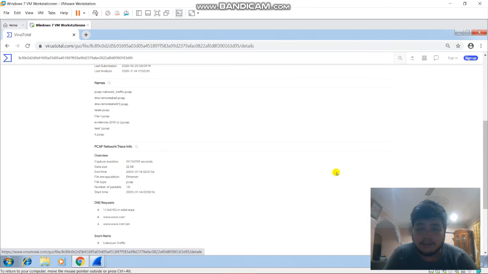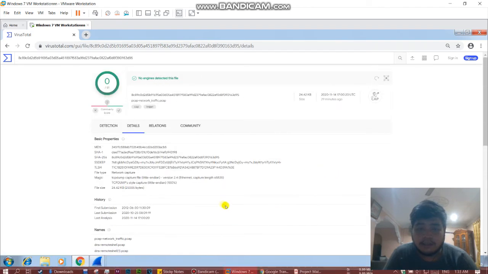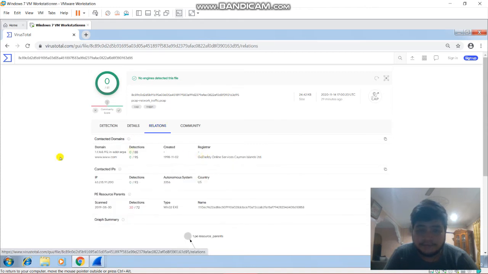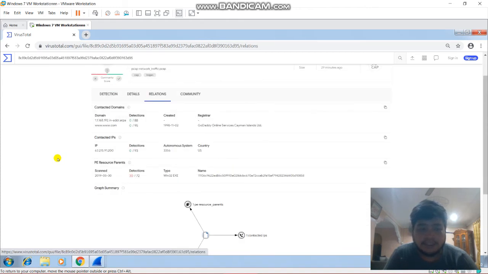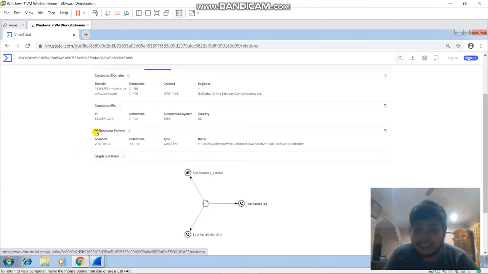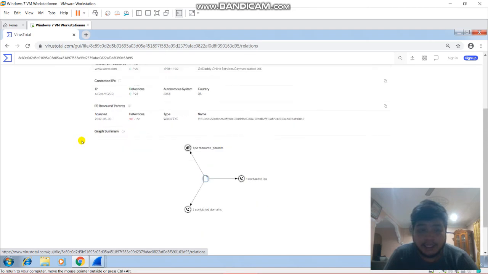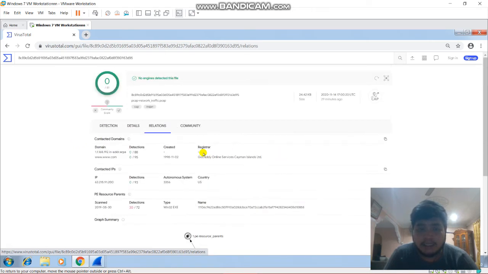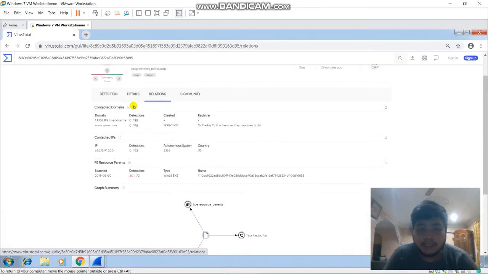Okay, let's move to the relations. Information about the contacted domains, contacted IPs, PE resource parents, and graph summary will be displayed in the relations section.